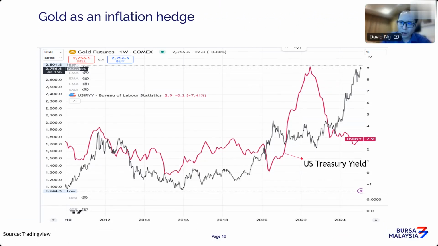Now, why is gold always in favor despite high inflation? If you look over the years, people always say that gold is a store of value. Over the decades, you can clearly see gold maintain its prominence as an asset that holds its value despite a high inflationary environment. In fact, during high inflation, people will actually hold gold rather than other assets. So I think it's important that people are expecting inflation to be quite stubborn. It's not going to come down, and I think it's going to stay quite elevated.